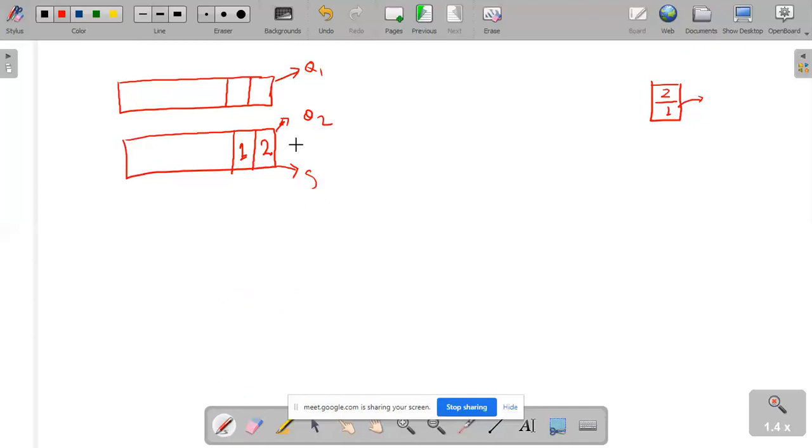Now the third element. I'll add the third here, that is 3. Then I'll pop all the elements. 2 will be popped and I'll add 2 here. 1 will be popped and I'll add 1 here. And this is my stack. If you want to perform a pop operation, do it on this one. I'll remove this pointer, and this will again become null. Now my stack is something like this.